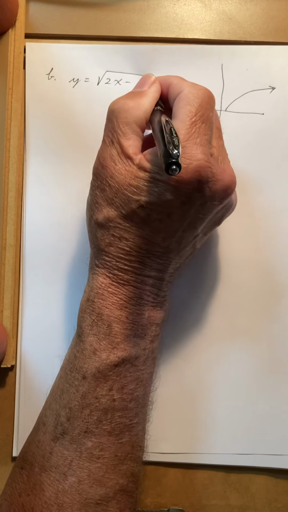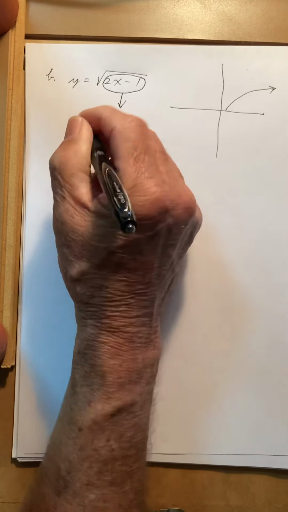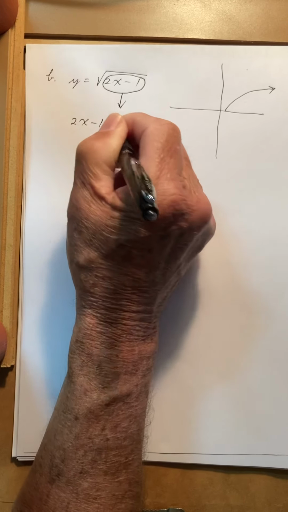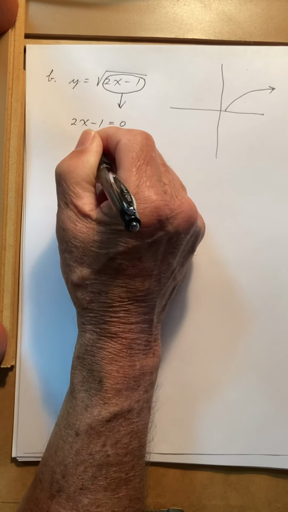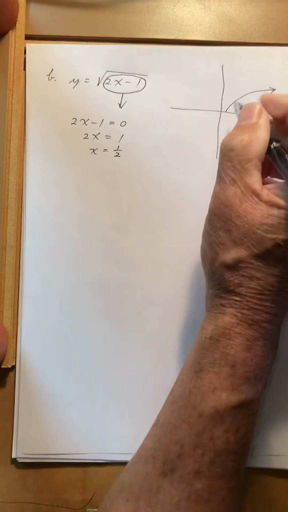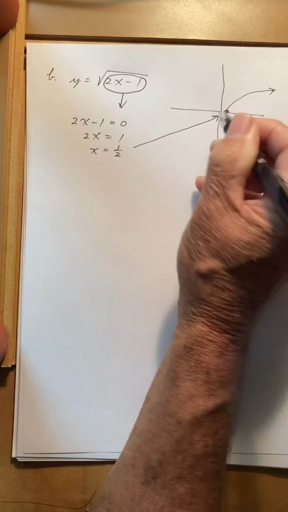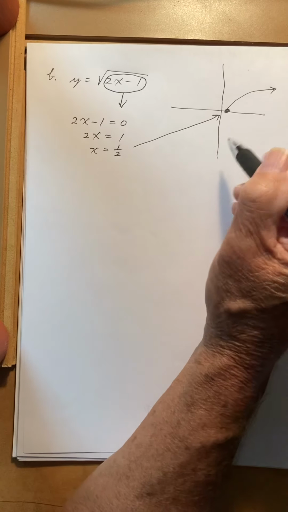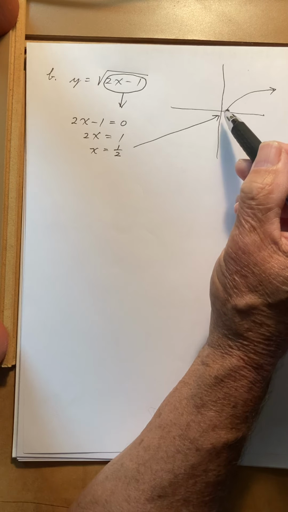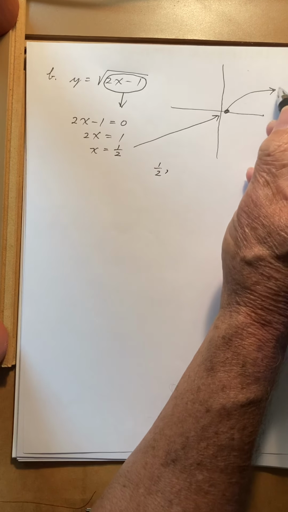And that is obviously a function, but we still have to determine the domain and the range. The way that we do that is we take this and set it equal to 0 and solve for x. So that's 2x equals 1 and x equals 1/2. That tells us this point right here, that x is 1/2. So the farthest to the left that this graph goes is 1/2 for x,